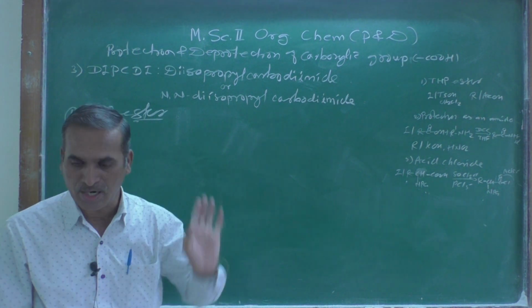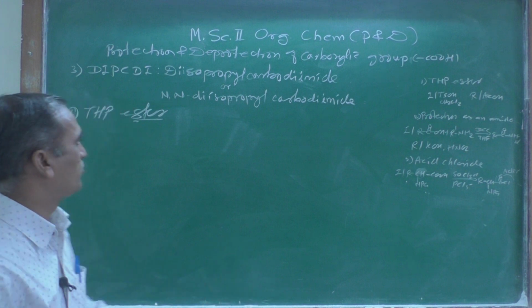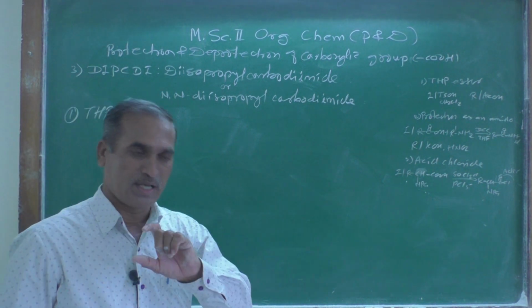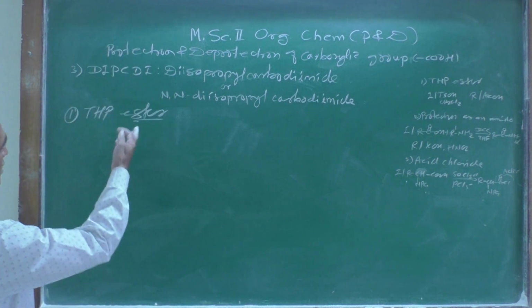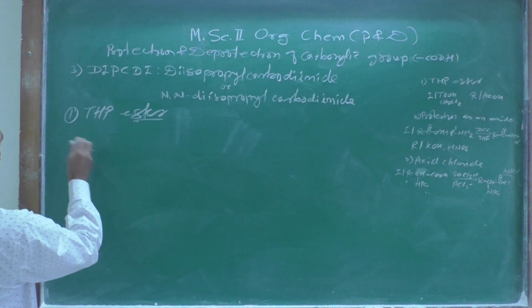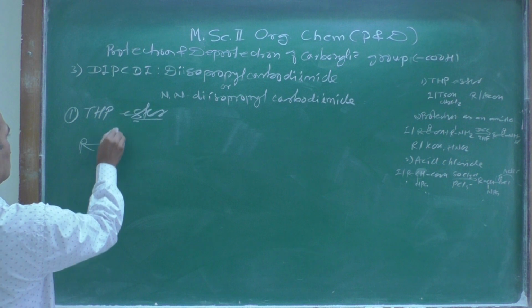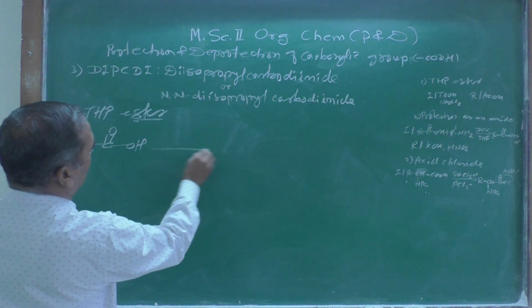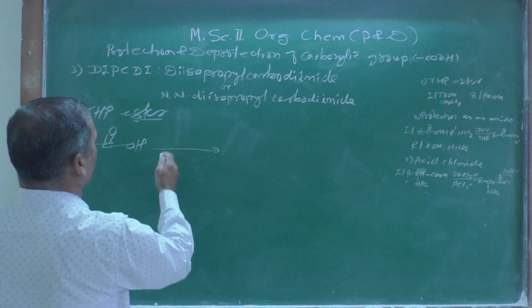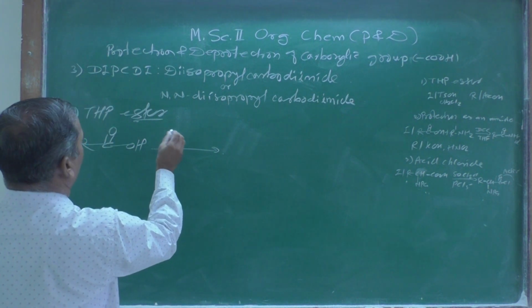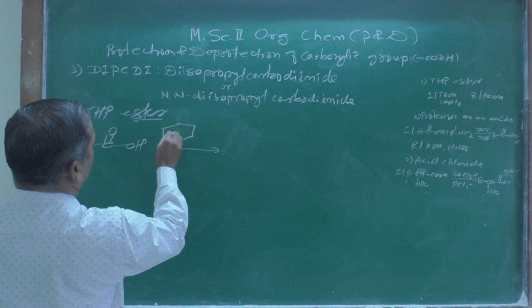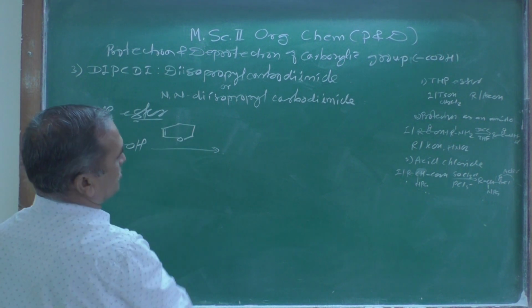In a carboxylic group there is also a hydroxyl group, and therefore the mechanism of protection is the same. Let us see here. The general formula of an acid is RC double bond O, then it will be treated with THP, meaning tetrahydropyran. As you know, the structure of tetrahydropyran is this one, right? This is the structure of